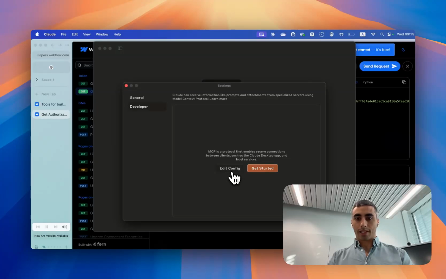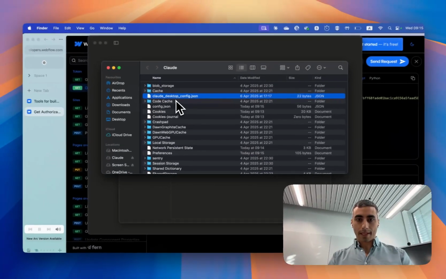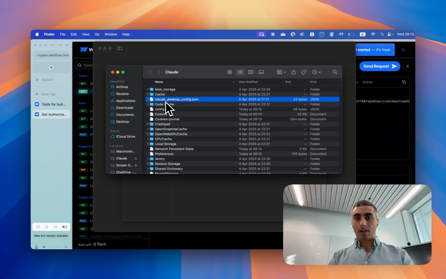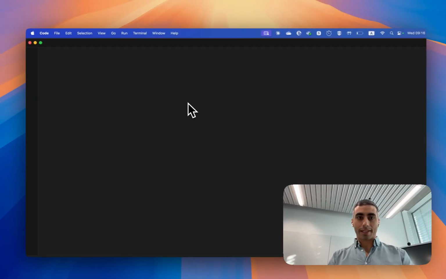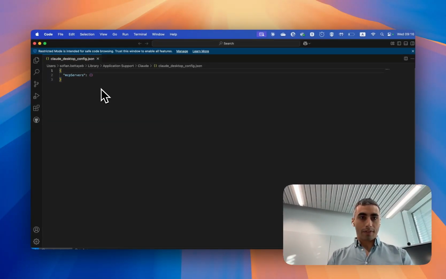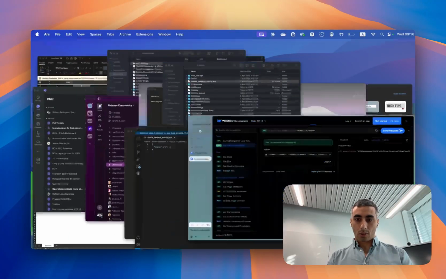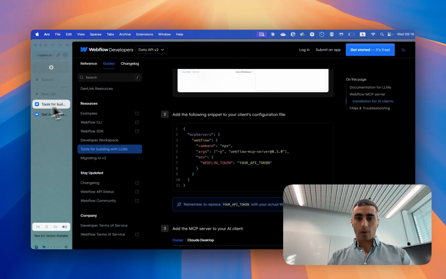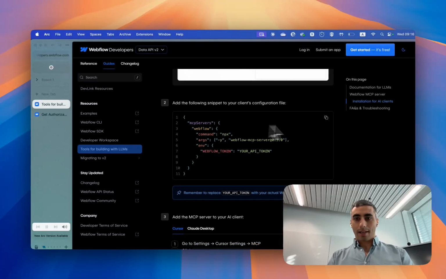Once you're there, you just click on Edit Config, and as you can see, I can open the Claude Desktop Config JSON. I will click on that, and here I will have to copy paste another code from the Webflow documentation. So also you will have that link here. I just copy,